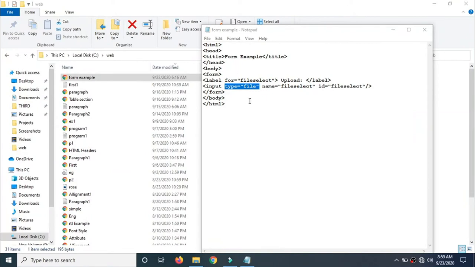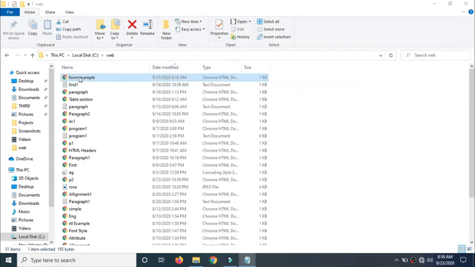In this example, you can see that here input type is file. This HTML document's name is form example. If I double click on this form example, you can notice the output. Here there is a button to choose a file, and it says no file chosen, that means initially I have not chosen any file.